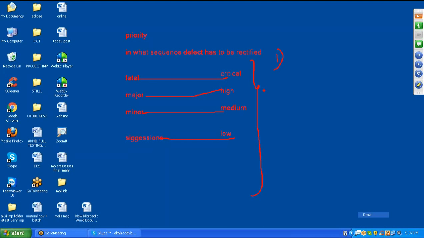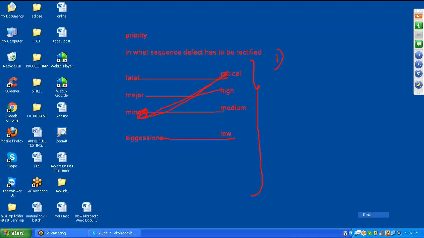In that situation, we will concentrate only on look and feel. Look and feel is a minor defect, but we are giving high priority, that means critical priority. That's correct.